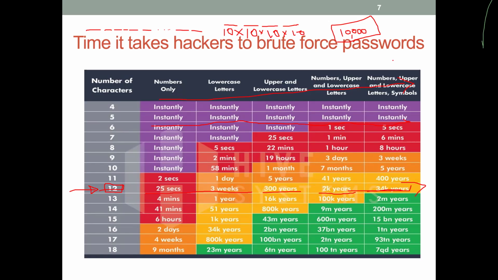So now what they will check as a bank or as a security company, how will they decide on 12 characters? By the existing computing resources. With the existing computing resources, it would take maybe around 34,000 years if you are using 12 characters. So while they are doing this survey,